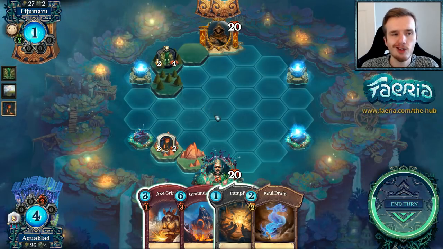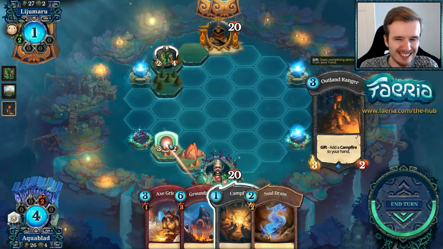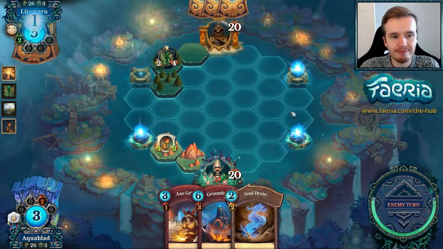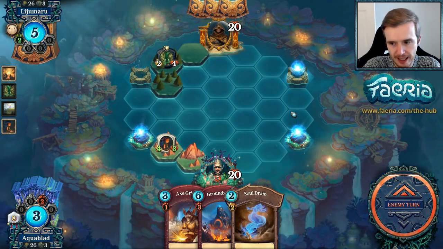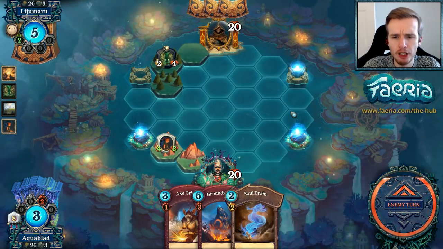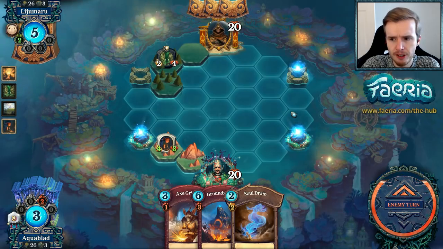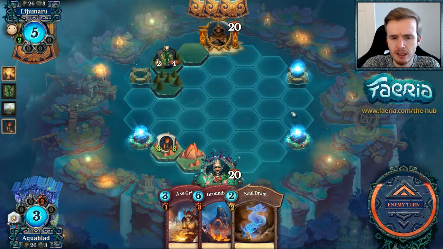Now my next question is, do I play Campfire to play around Spider? And I think the answer is yes. I don't want to get hit by a Spider here. So I'm going to play the Campfire in anticipation of that card. And the next turn I can slam down the Ground Shaker, have a good body lurking at the bottom of my wells. And yeah, I did pass here, but my opponent